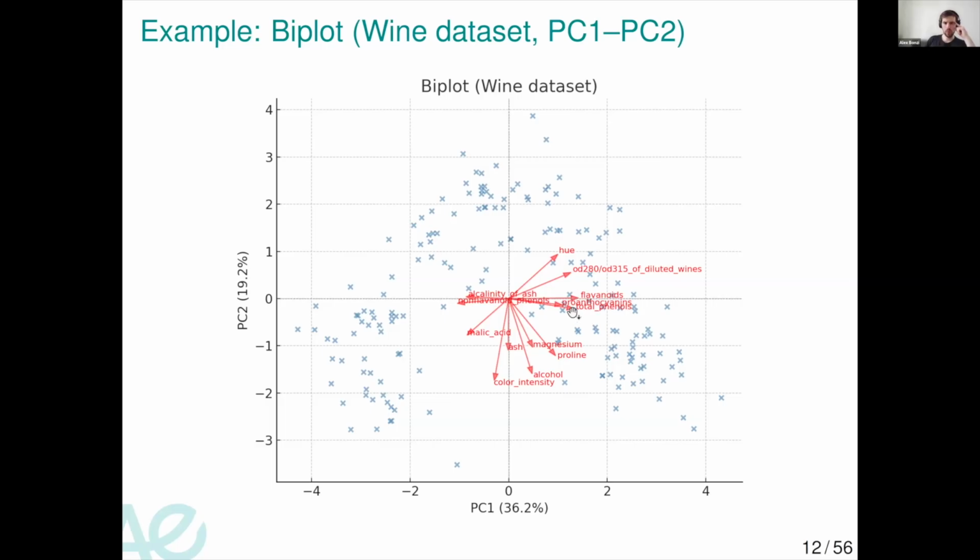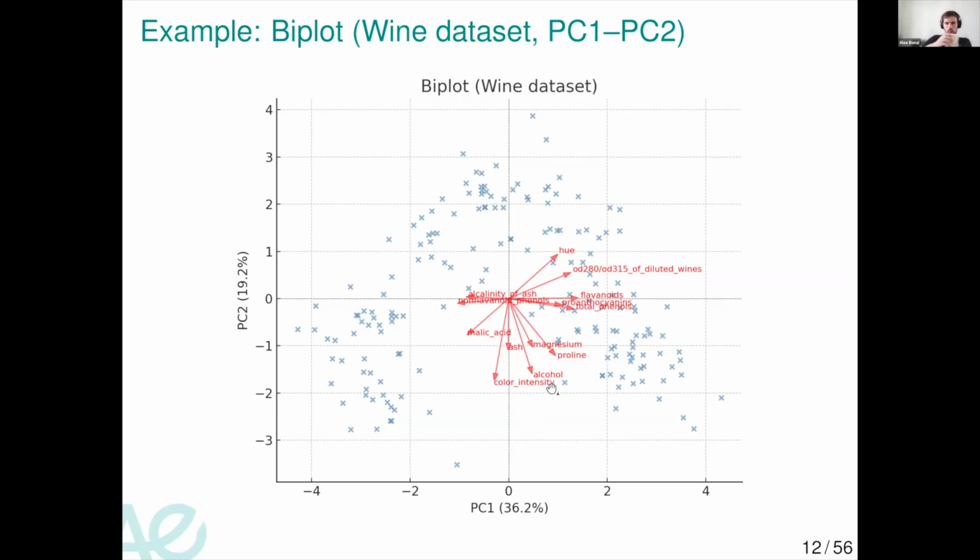And its impact is opposite to those of the alkalinity and the non-flavonoid phenols. These three and these two variables nearly have no influence on the second axis,